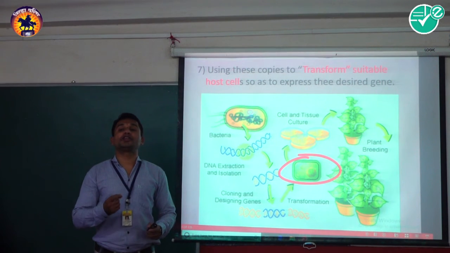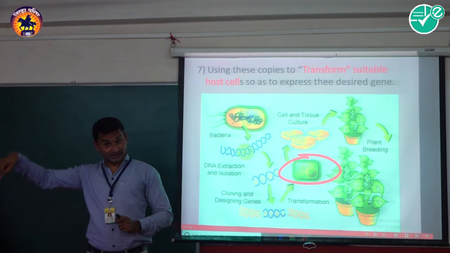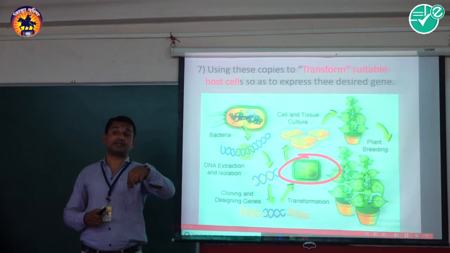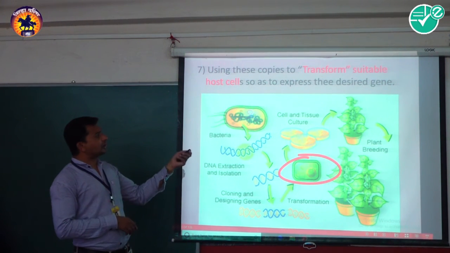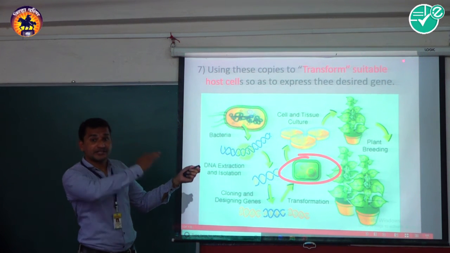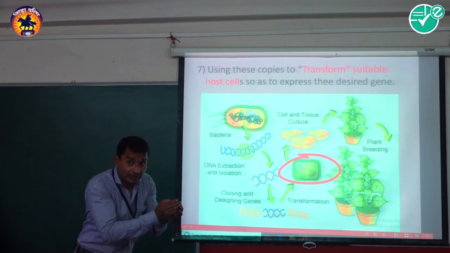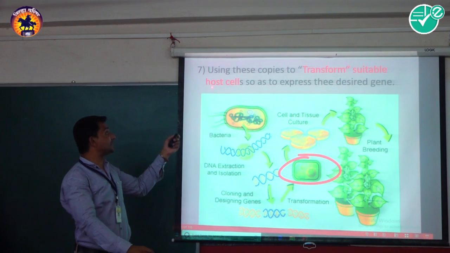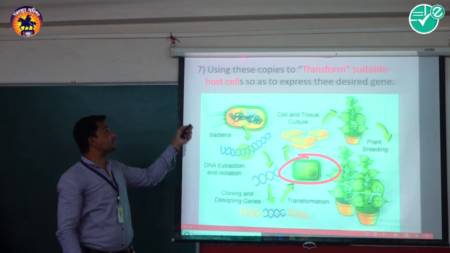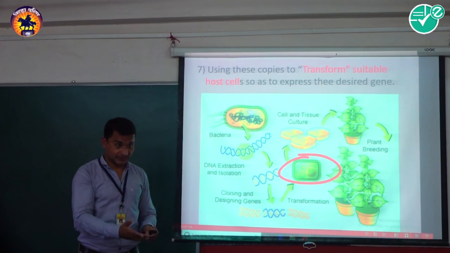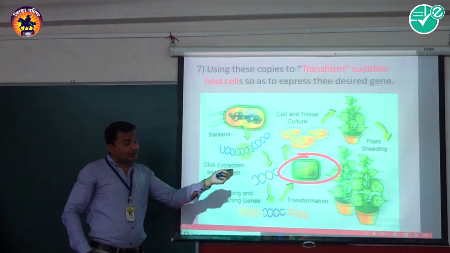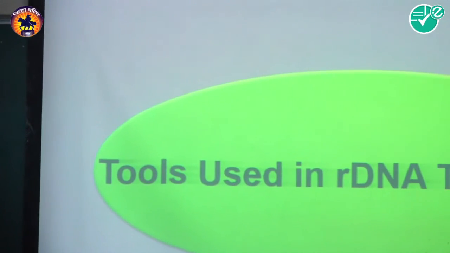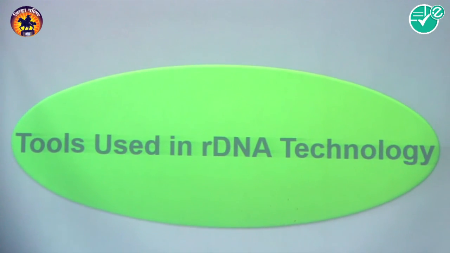If it is a human insulin gene, we use an animal cell. If it is a blood clotting gene, we use an animal cell. So the transferring of our desired copy into a target host cell is called transformation. In this way we get recombinant DNA technology. So we have completed recombinant DNA technology. Now,